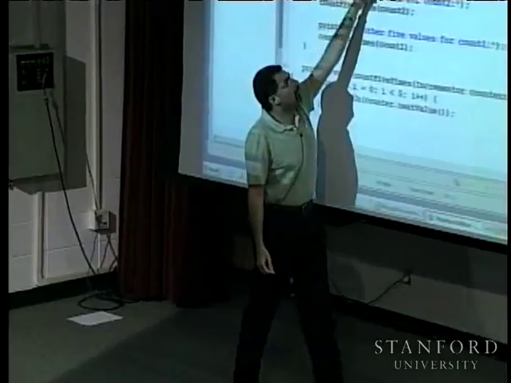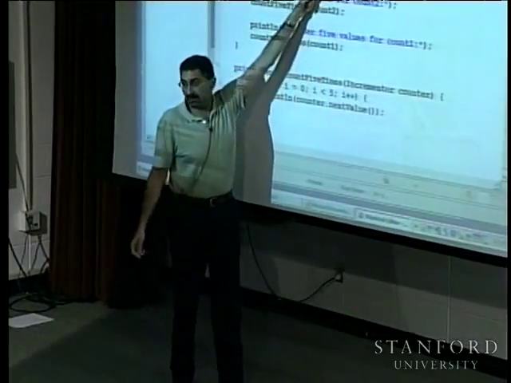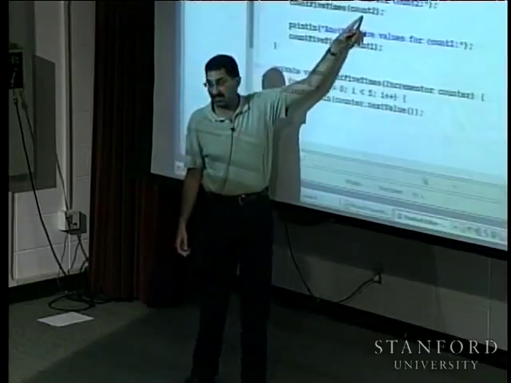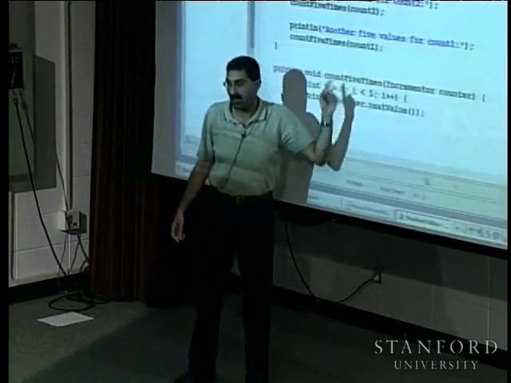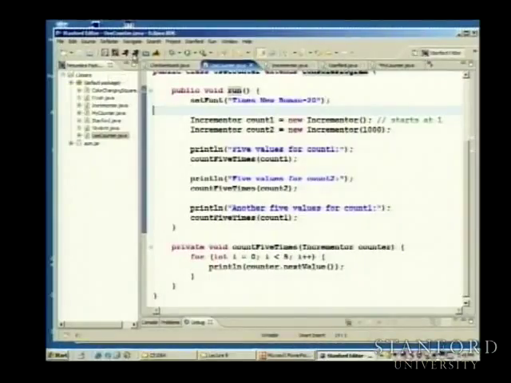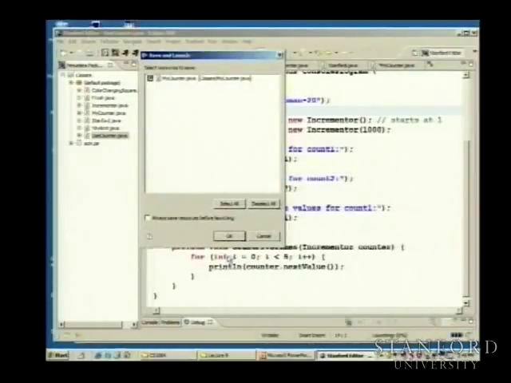So I'm going to say, what are the first 5 values for count1 and call this function? What are the first 5 values for count2 and call the function passing in count2? And what are another 5 values for count1? Okay, so let me go ahead and run this program. You can see what's going on. So if I run this,